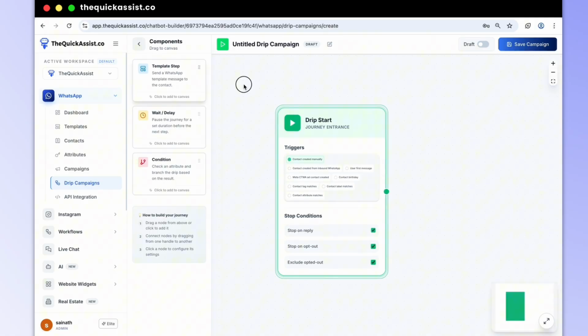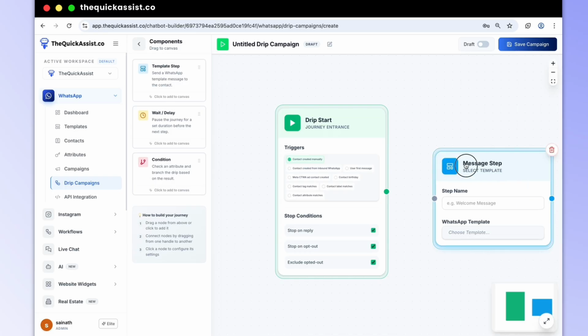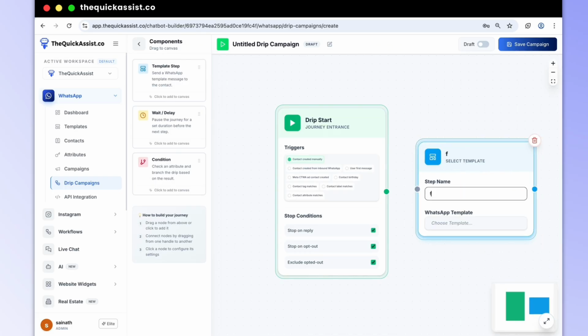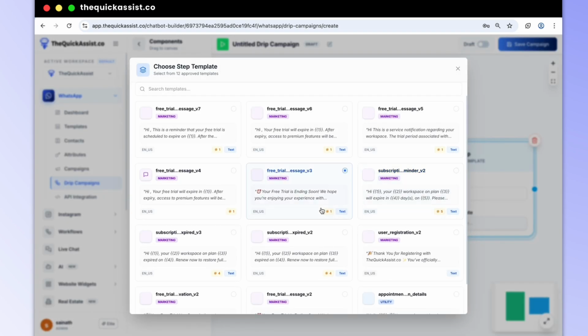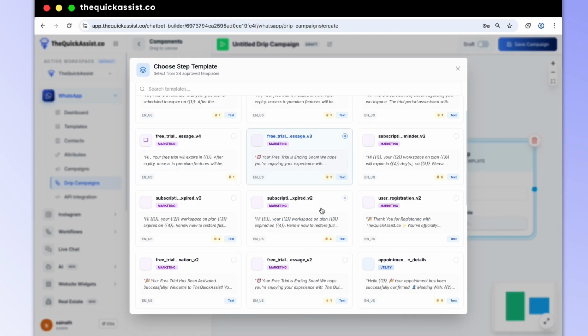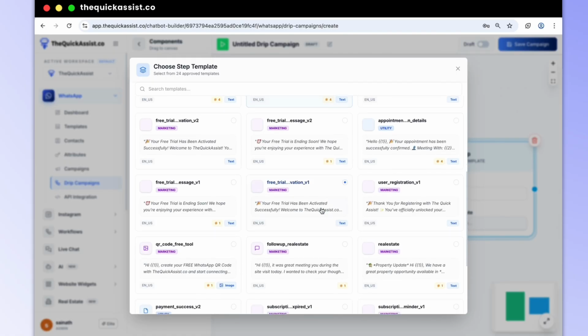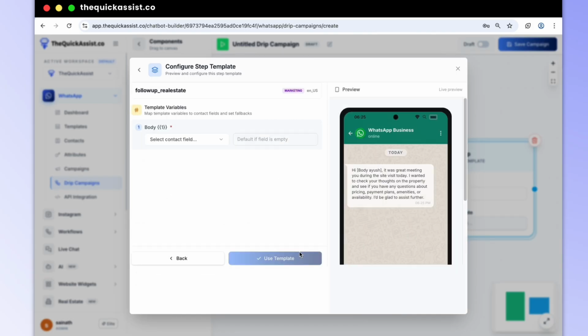The next step is to add a template step. Here we can give a step name and we have to choose a template. After choosing a template, select the contact field.